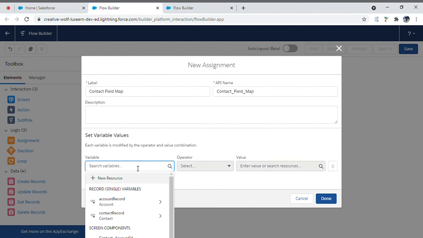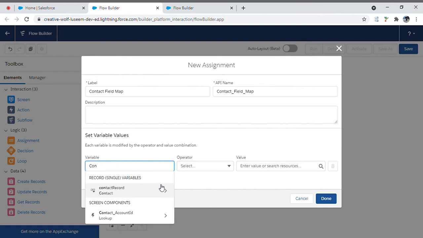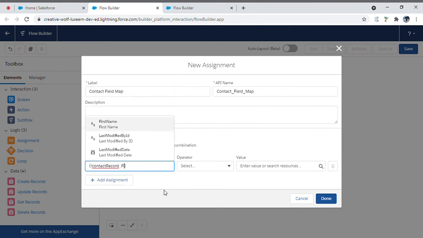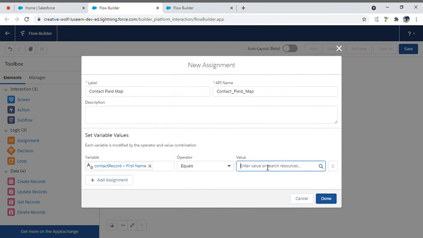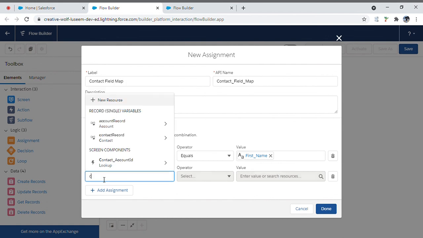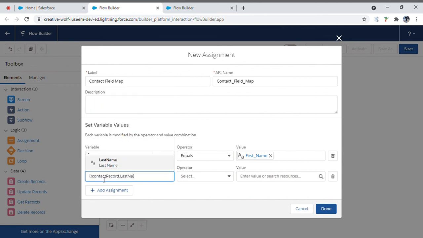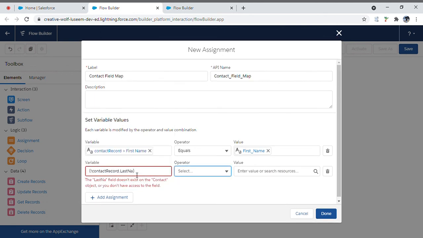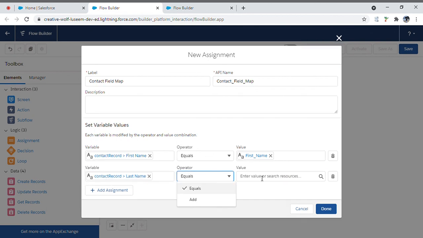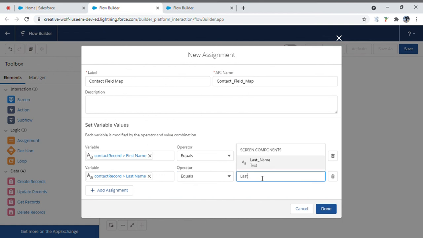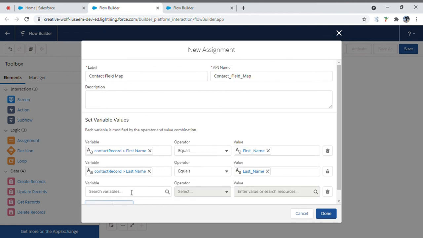So contact record dot first name equals to first name, add contact record dot last name equals last name, and I'll say